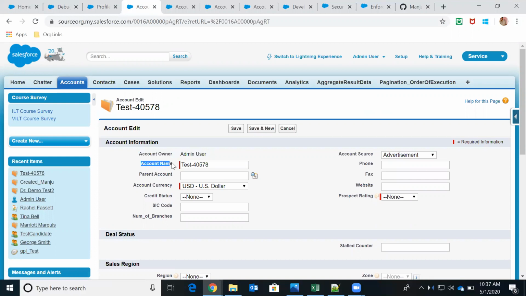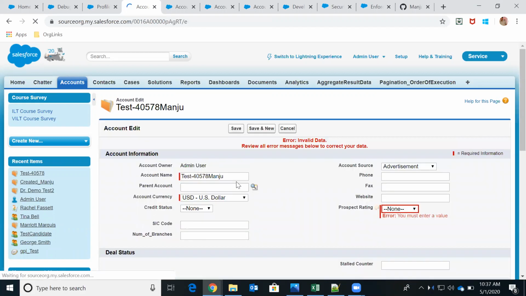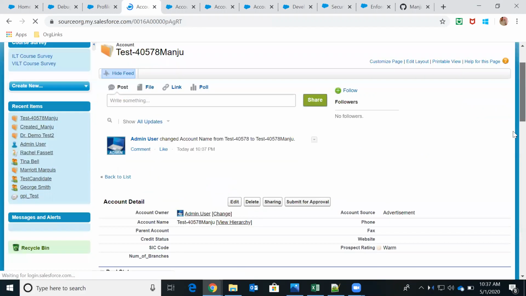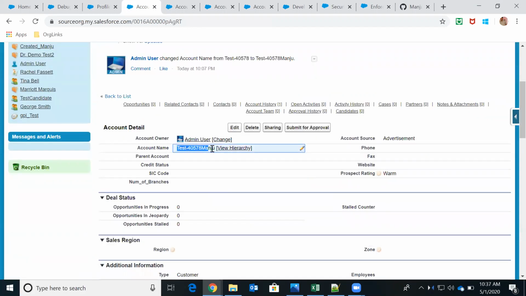Now, account name is a field, and this is the data for this field. I'm able to read this data. At the same time, I am also able to modify this data. There is some other error, so that is fine. I'm just updating it. So now see, I'm able to modify this data as well, right?